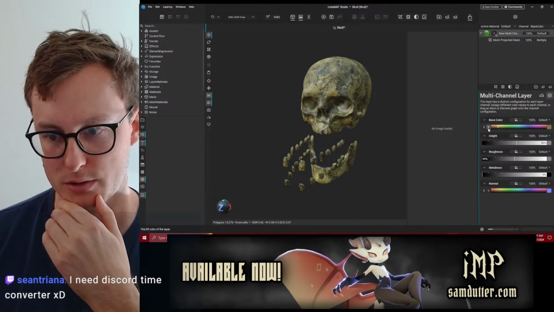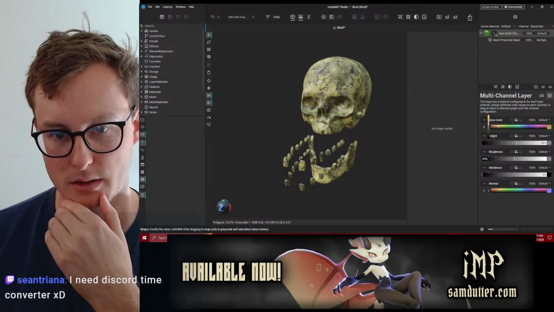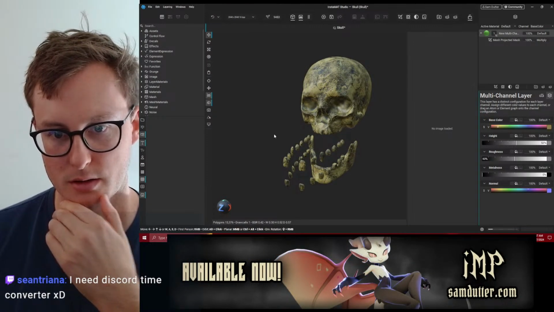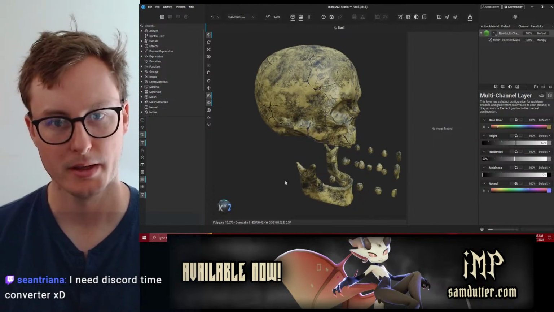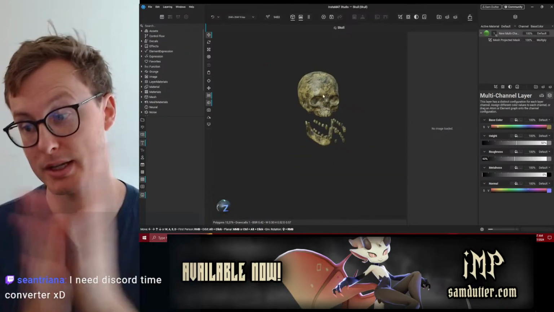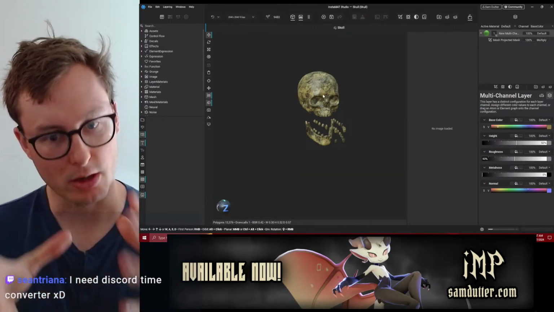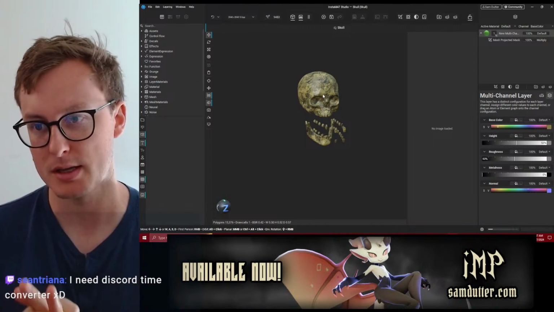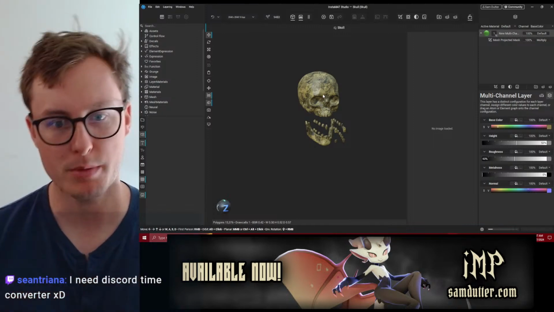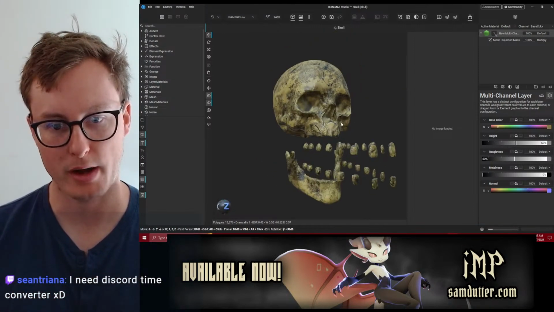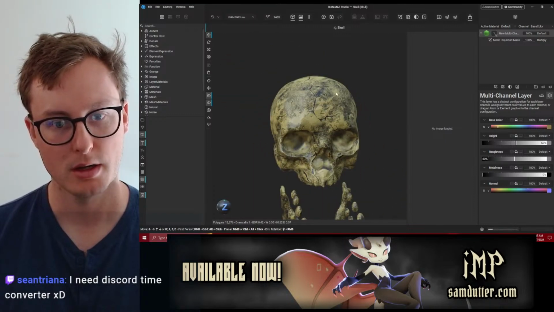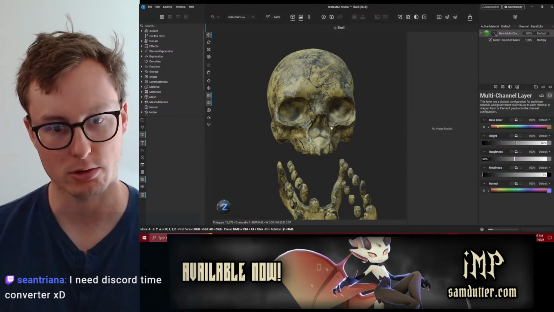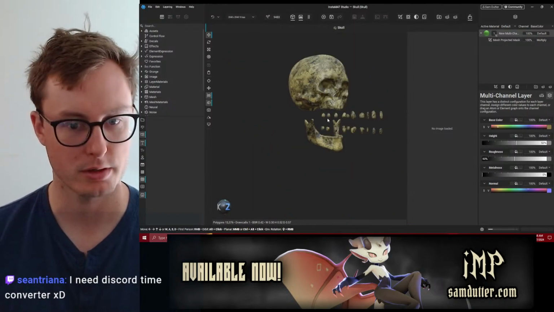A little less saturated, a little lighter, something like that. Okay, well, that's good. But now we still need our baked maps, because we won't be able to get that level of realism we're actually looking for without a correct normal map and a correct ambient occlusion, curvature, etc.